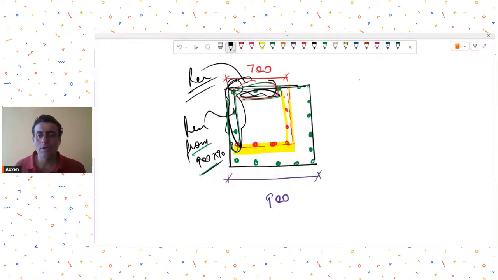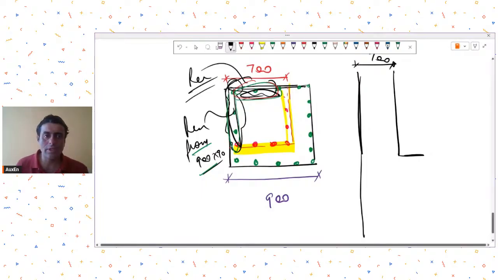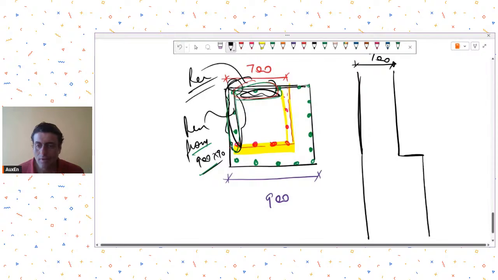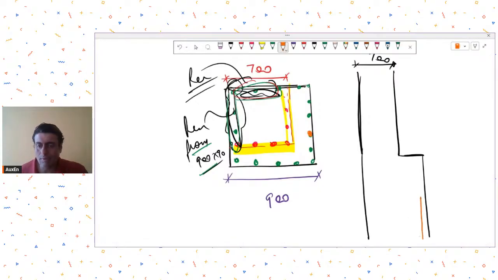cross sectional view. So, let's say this is my 700 dimension and this is my 900 dimension. This edge remains straight. Okay, now the general thing to be understood is, let's take this column, this reinforcement. Now if you are able to take this reinforcement and the code says that not more than 1 is to 6